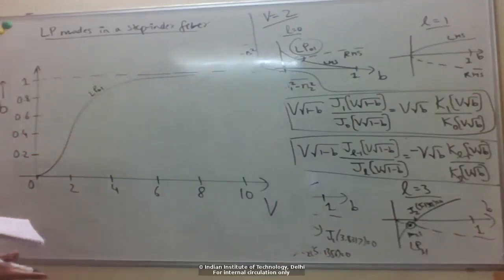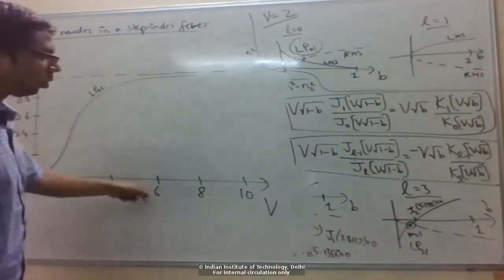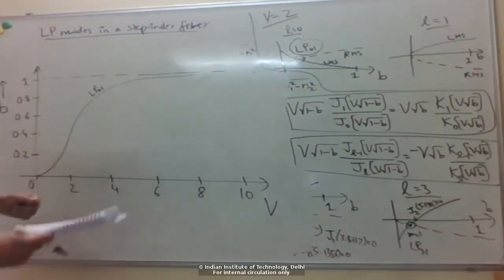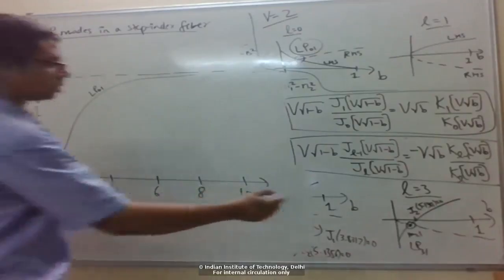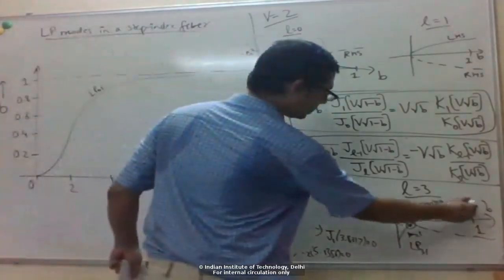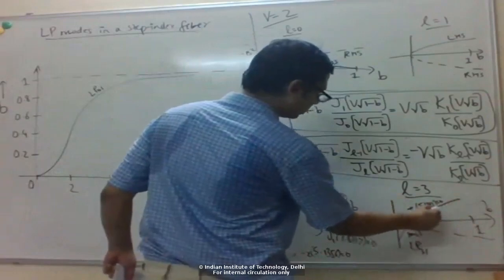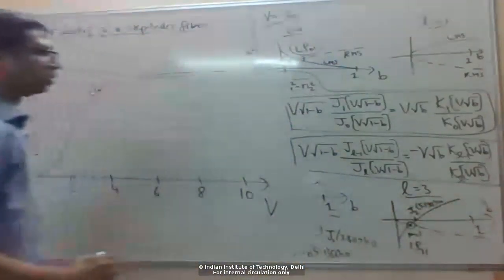Right, so the next mode which exists is LP11. So we saw that it will start existing as soon as, we had a curve like this, remember? As soon as this curve crosses 0, which will happen when this J0,